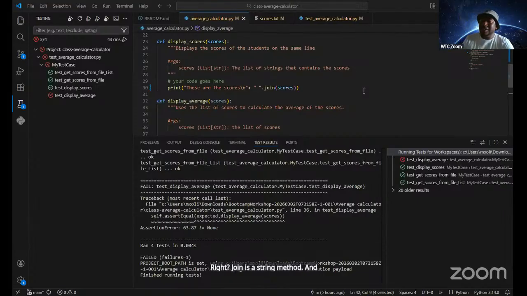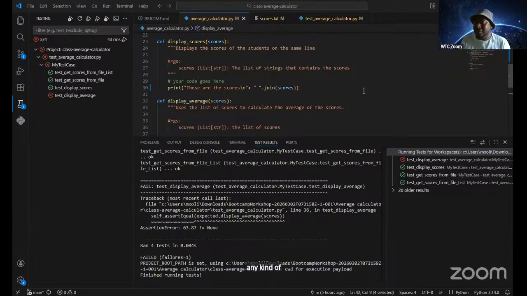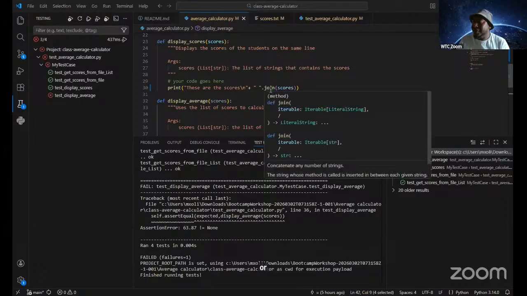It essentially concatenates or joins, as the name suggests, any kind of iterable, right? The iterable might be a list or whatever the case might be. Like it says, it takes in an iterable. It can be a list.